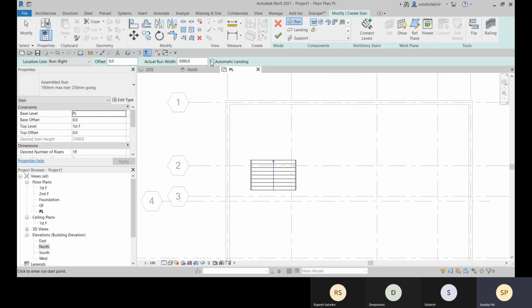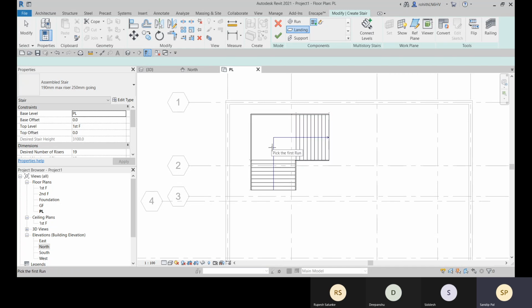So while creating this, the automatic landing option was unchecked. For that, come to this landing option, select this run, and then select this run, and this landing will be connected. All right. This way we can create, and other options are very easy to create.